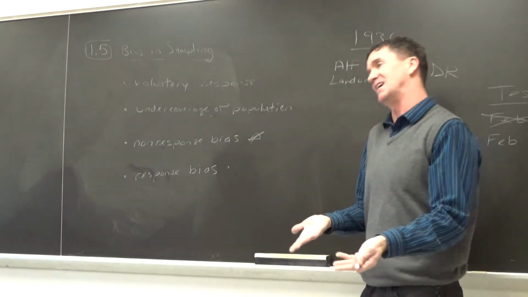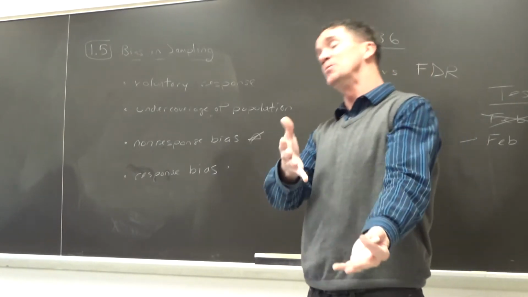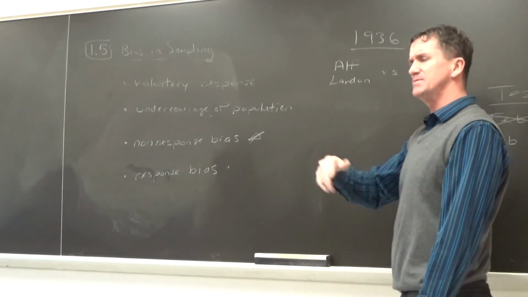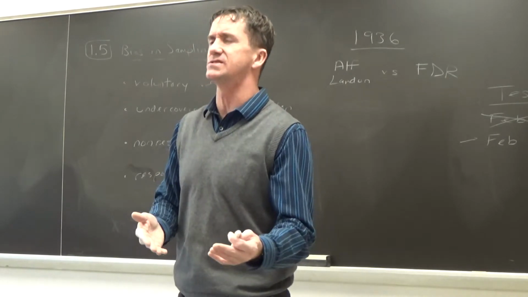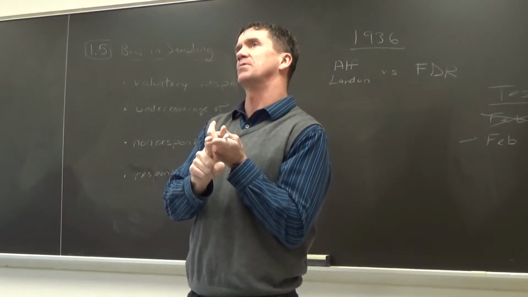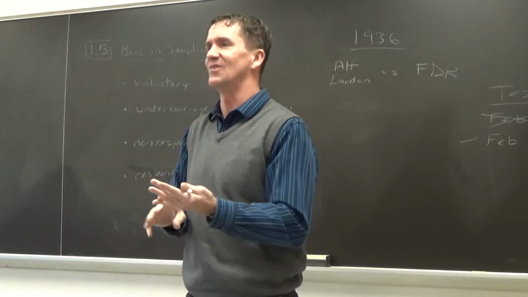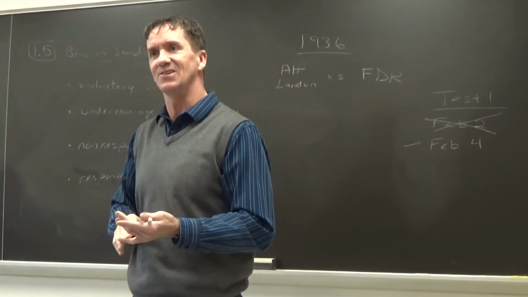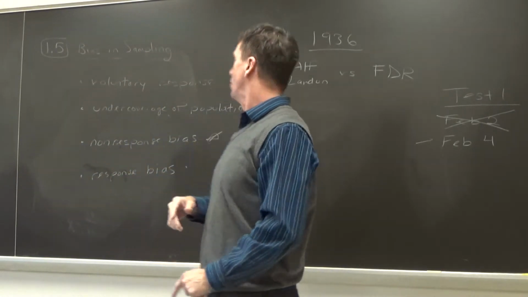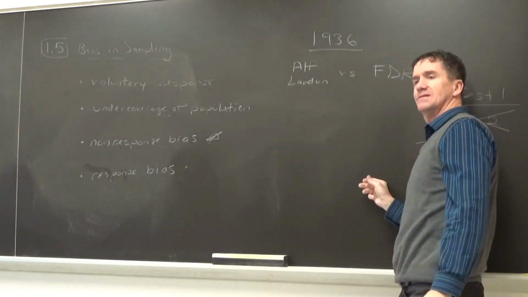Which you might go, wow, that's a lot. I know. But a lot of people didn't respond, do you agree? They sent out 10 million mailers, and 2.4 million responded. How did they get these addresses? They used phone books back in 1936. If someone belonged to some professional organization, like a golf club, or they subscribed to a magazine in 1936, they got their address that way. So this is how they got all the names and the addresses, and they sent them to them. Well, they predicted that Alfred Landon was going to blow away FDR, like a landslide.